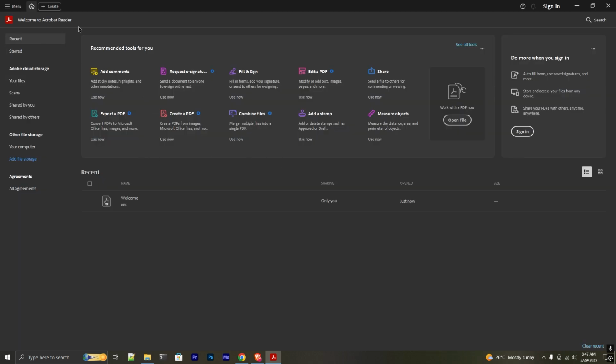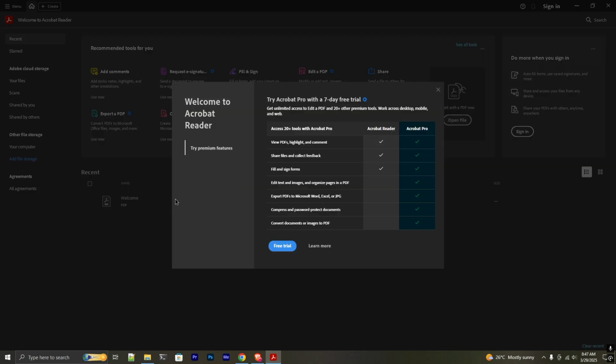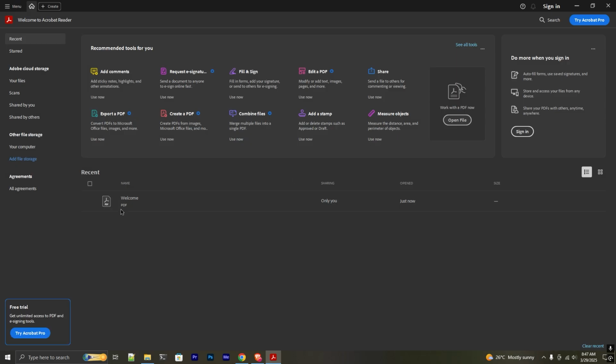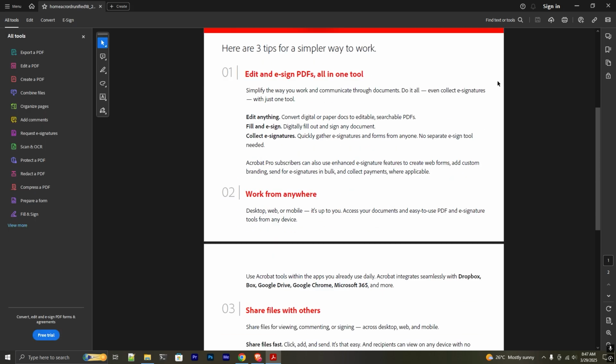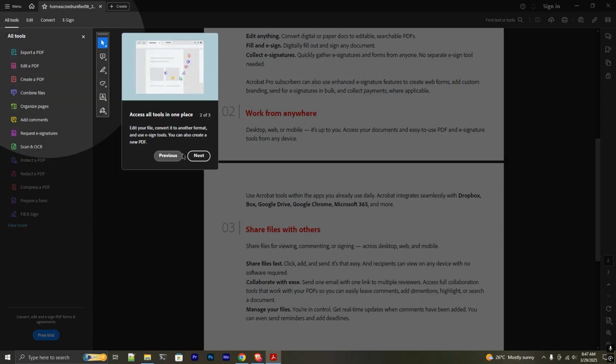And now you can see Adobe Acrobat Reader is opened here, and if I double click on this welcome PDF file, you can see it opened, and I can read the PDFs,